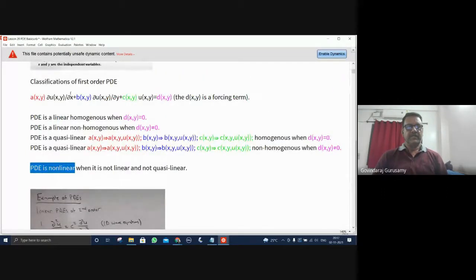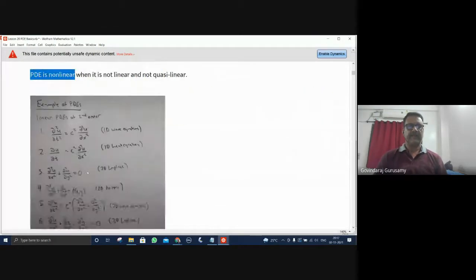So these are the typical classifications that you have. You have homogeneous and non-homogeneous, and quasi-linear, and under that you have homogeneous quasi-linear and non-homogeneous quasi-linear. Then when these both are not satisfied, not linear and not quasi-linear, they become a non-linear PDE. Some of the typical examples of the PDEs are, you can see here, well known,